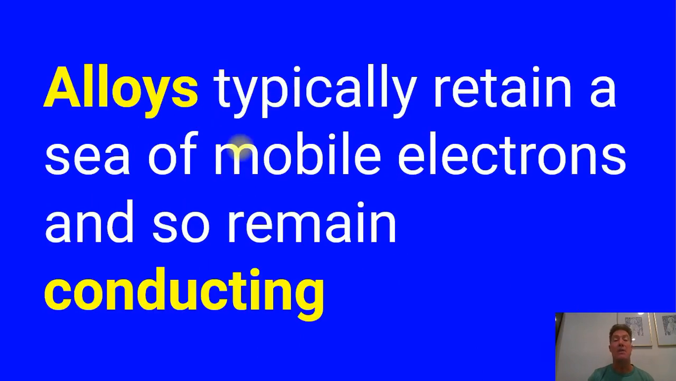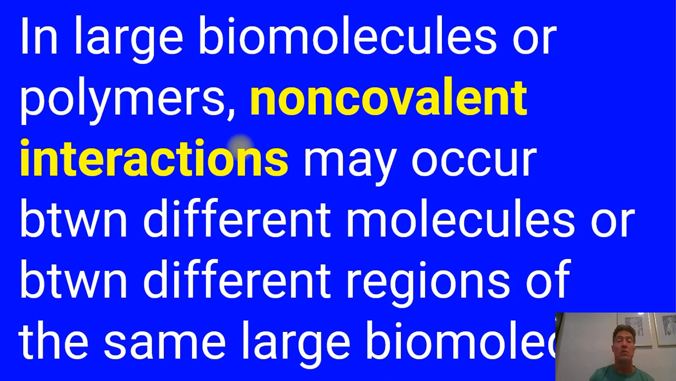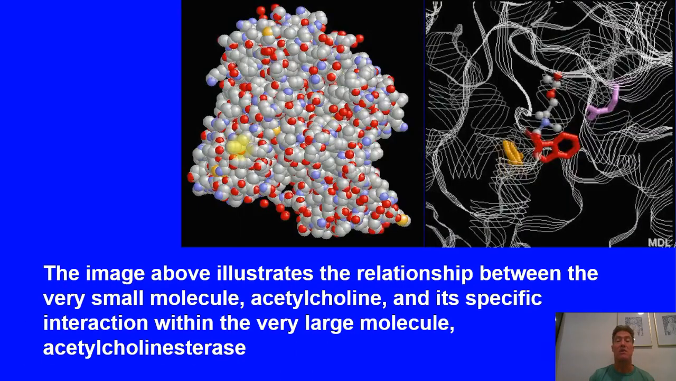But they typically retain their sea of mobile electrons and so may remain great conductors. Going back to large biomolecules, again, non-covalent interactions can occur between these big molecules or different regions of the same giant molecule. And the functionality and properties are extremely influenced by the shape of the molecule. And that shape is driven by these non-covalent interactions. So here's the relationship between a very small molecule, acetylcholine,